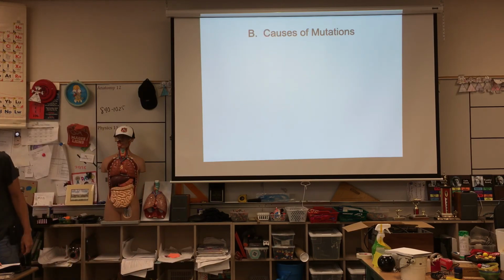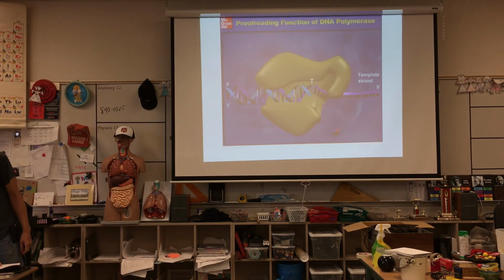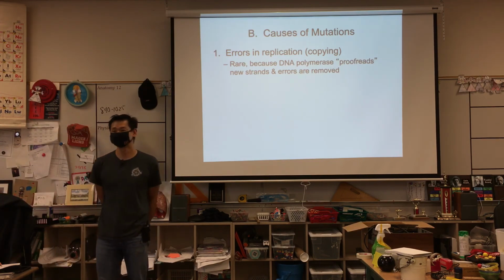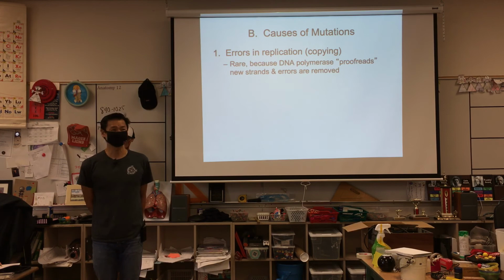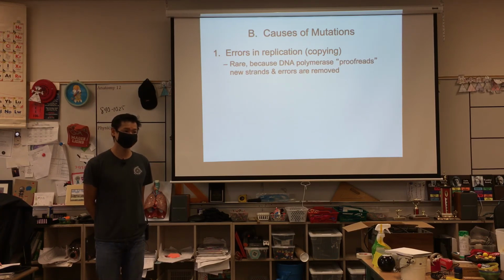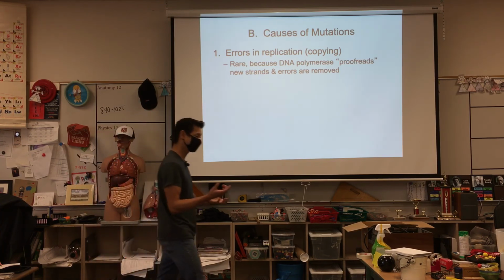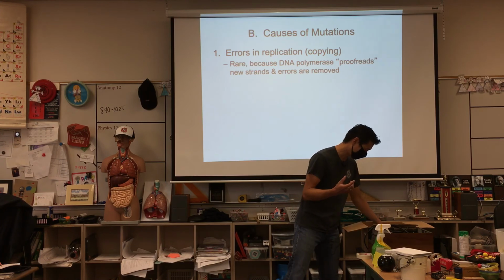Now let's take a look at the causes of mutation. One could just be your machinery, right? Your DNA polymerase just making a mistake. And I told you this last day. You have trillions and trillions of base pairs in each of your cells. And every time your cell needs to divide from 1 to 2, right, it needs to copy it through a process called replication, DNA replication, and then mitosis.